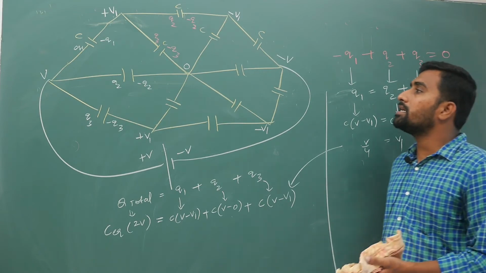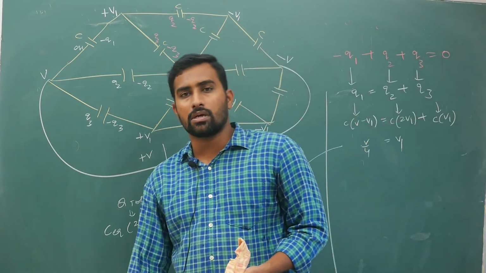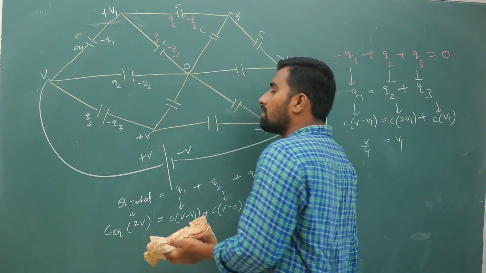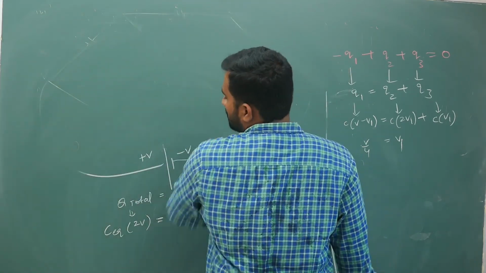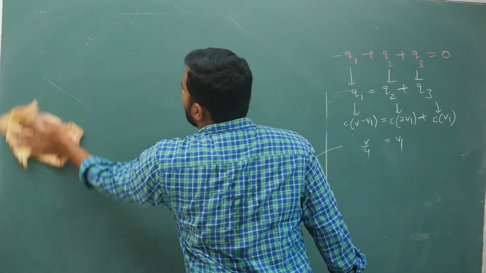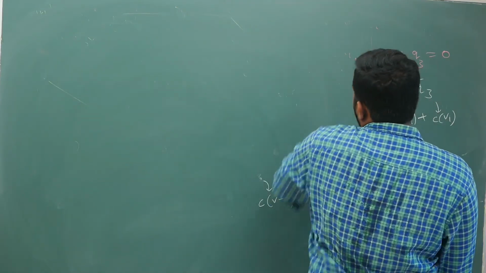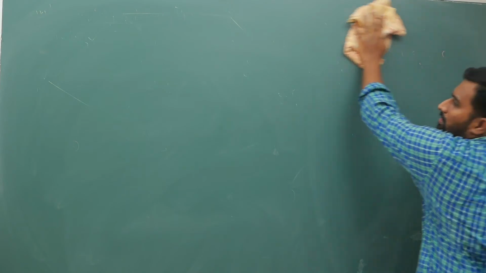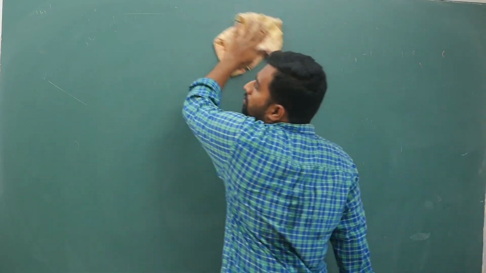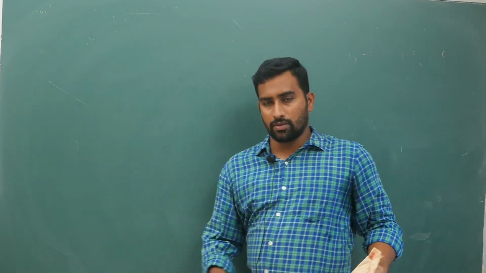Now let us try to find the equivalent capacitance of a cube of capacitors. Marking the potentials is the key thing. If you are getting stuck with something, go to my resistors part, the current density part, watch the potentials and the simplification part, and then come back to this.